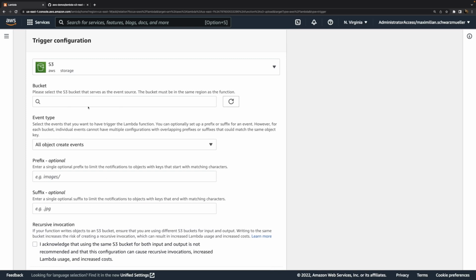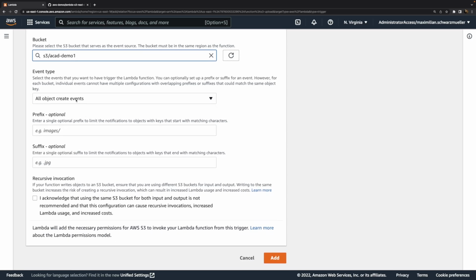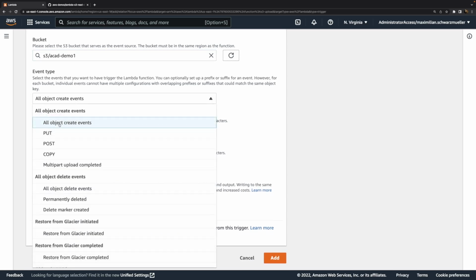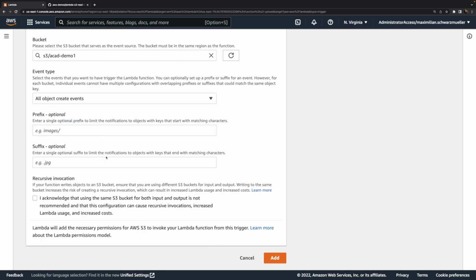For S3, we have to choose which bucket should act as a trigger, and here I select the bucket which I just created. And then whether you care about object creation events, deletion events, which kinds of creation events, and much more. And here I'll simply select all object create events. You could then also filter by prefix, which has to be part of the file name of the file that was created in order to trigger this function, or look for files with certain extensions.